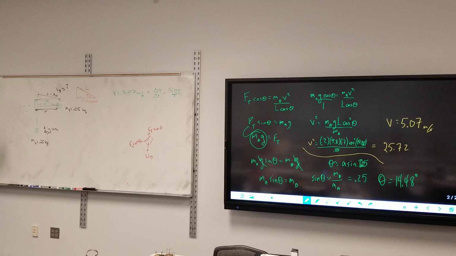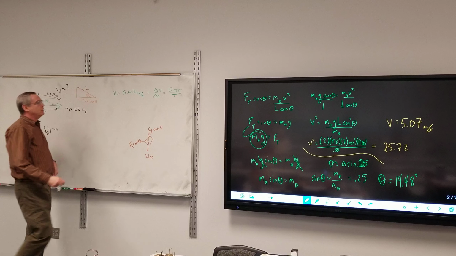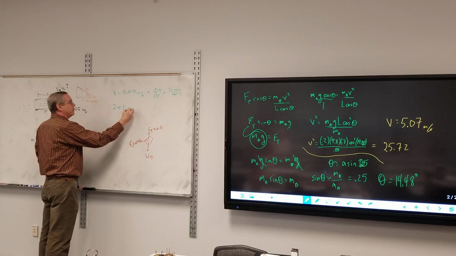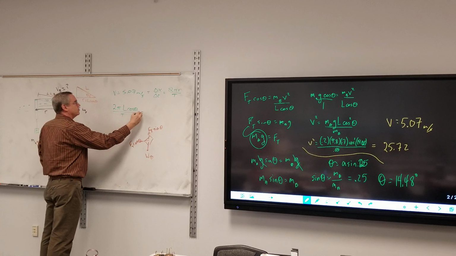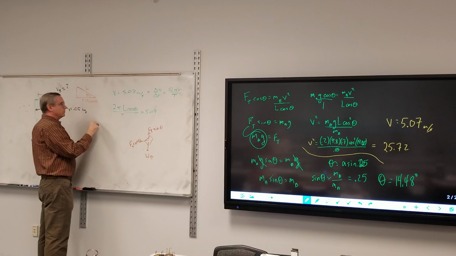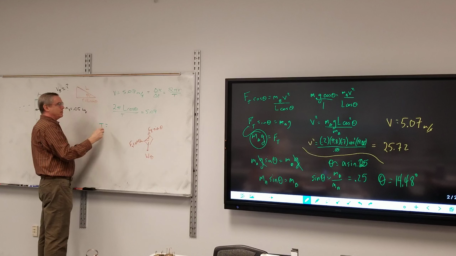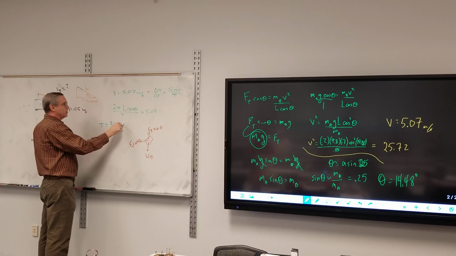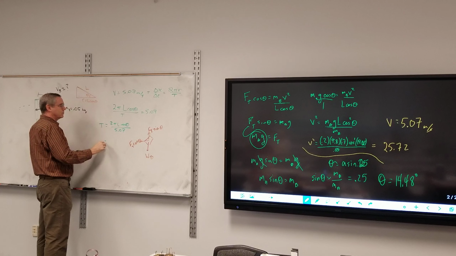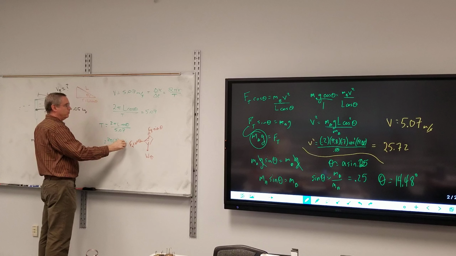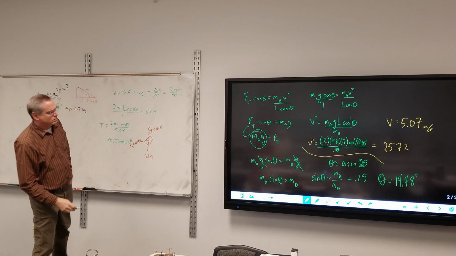Now we know what theta is. So this is 2 pi times L cosine theta over T is equal to 5.07. So my period, the time it takes to go around once, would be 2 pi L cosine theta over 5.07, which is 2 pi times 0.7 times the cosine of 14.48